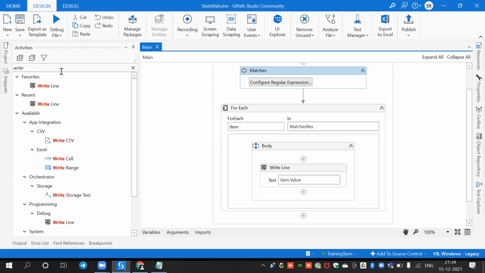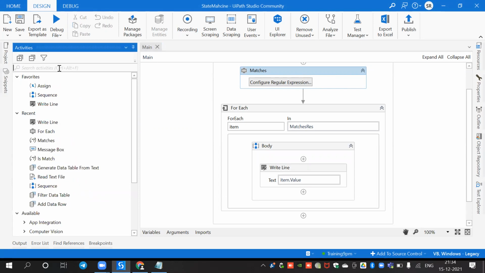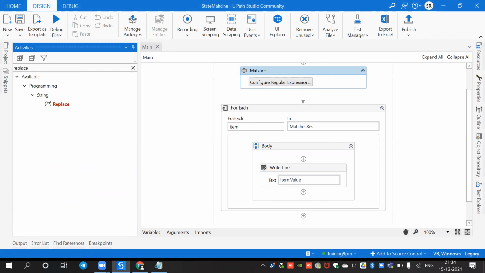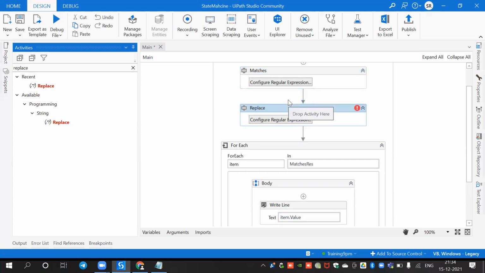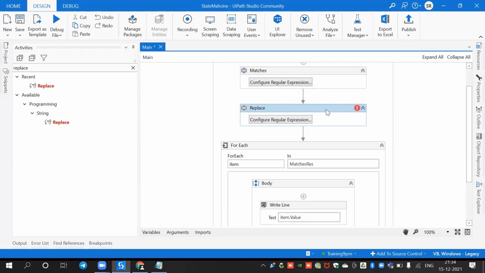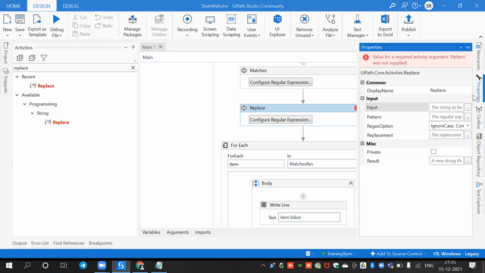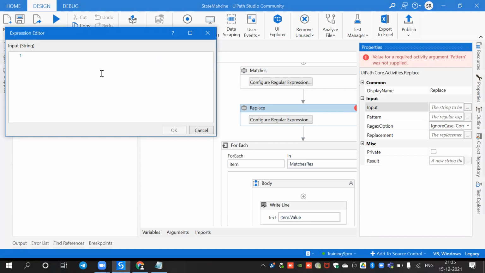This is about matches. So the last one is replace. Replace is simple. So what is the input data you have? For example, I mail it. See, we can use whatever it may be. Just telling that, for example,